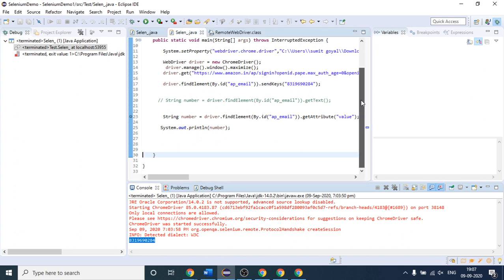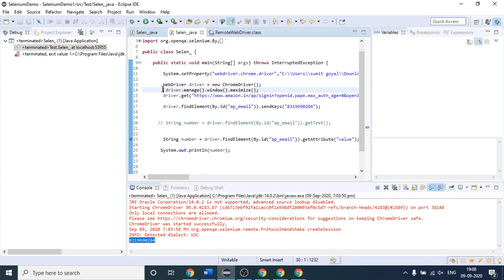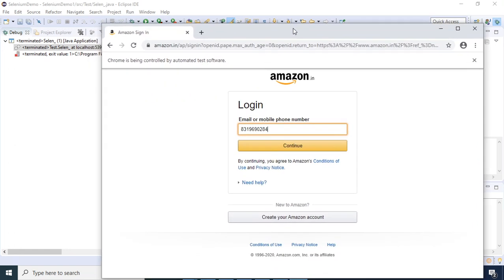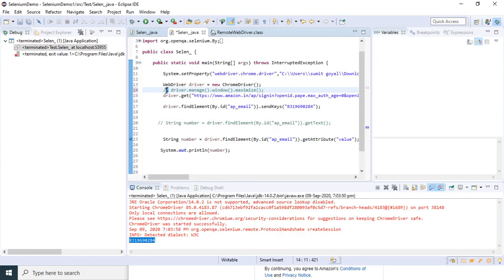I'm not getting your question. See, if you comment this step, by default your Chrome will open like this. But if you want every test to run in maximize mode, then you have to provide this step. This is the step.